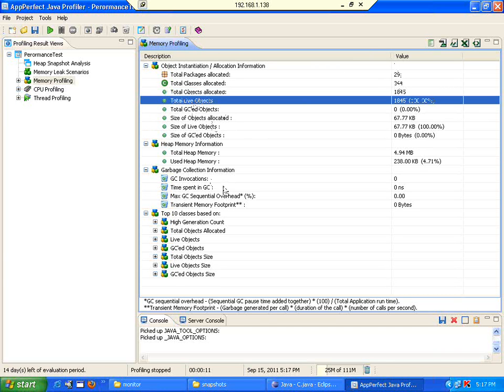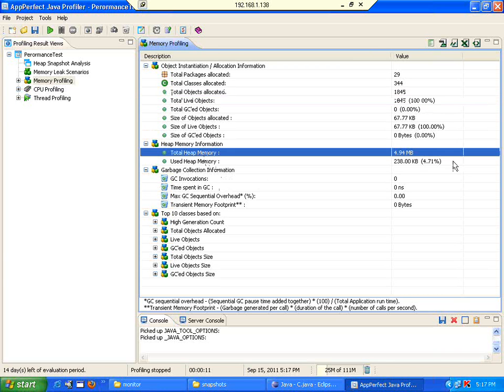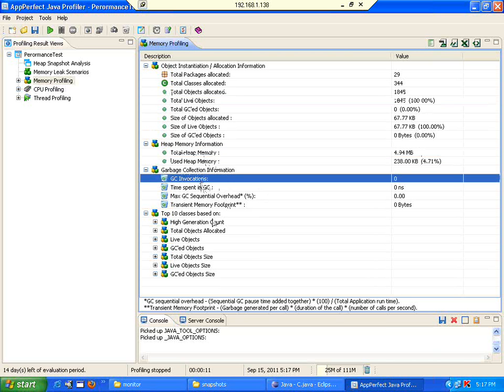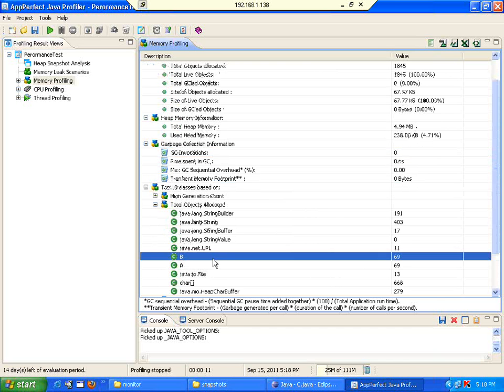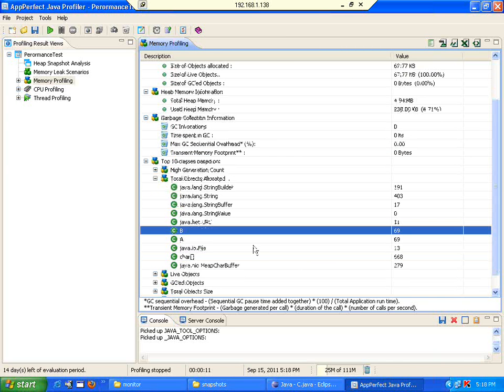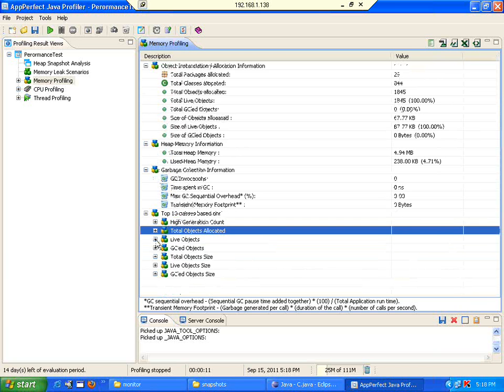In this you could see a very important thing: total heap memory is 5 MB. Now garbage collection does not happen. That means memory was not released in many places. Garbage collection means wasted memory will be swept. It's like sweeping, right? I want to know what all the objects allocated. If you come over here, A and B, some 69 objects allocated, but now all I am interested in is